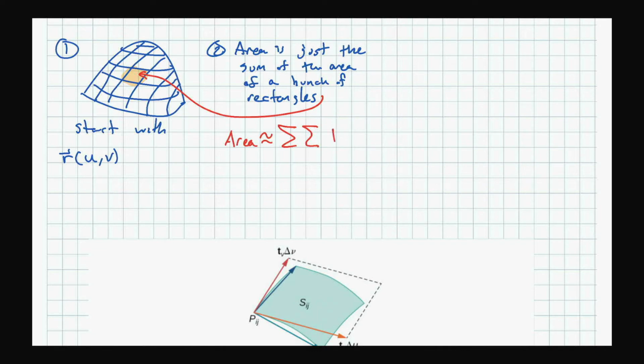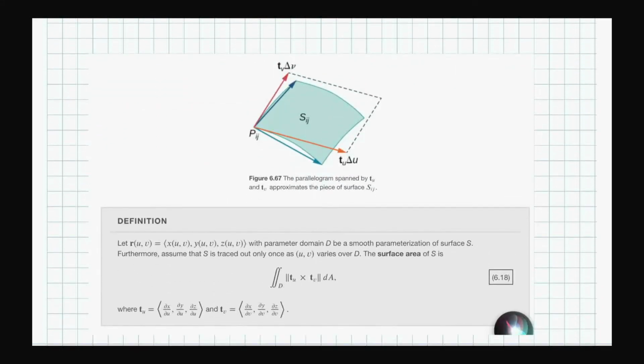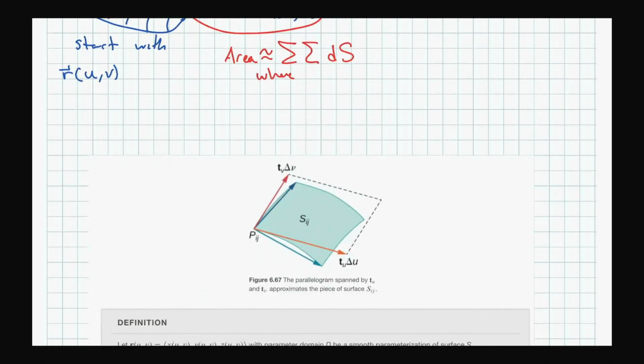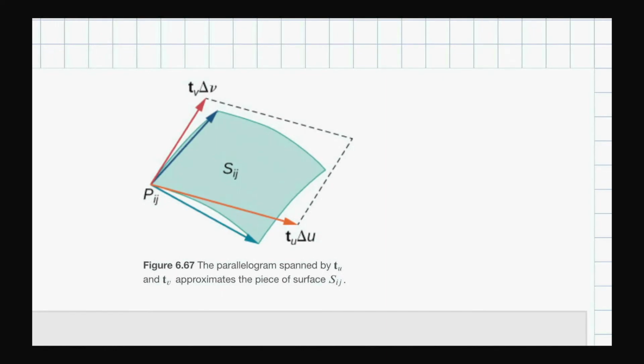And so we're going to say dS, where, well, what are the dS's? We need to know what the area of one of these little rectangles is, basically. And so what's going on here is they are telling us what those are. They've got this picture right here. And so what they're saying is,